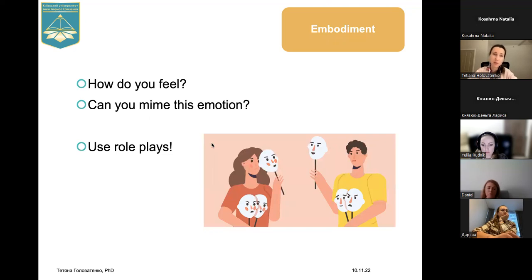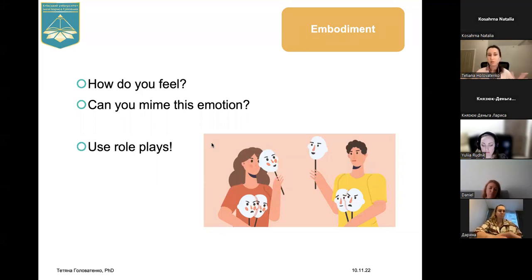Ask them how they feel and ask them to mime this emotion by movements, by pretending to be someone else and showing these emotions. They first learn how these emotions appear on other people's faces. And next, they have a look at their own body and how they show, for example, anger, frustration, fear, happiness.